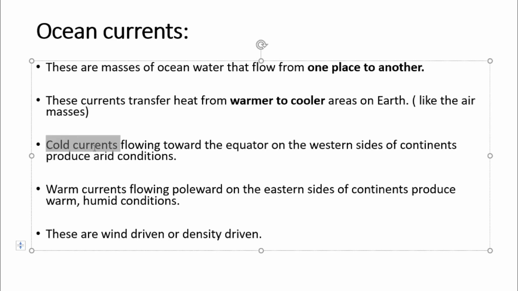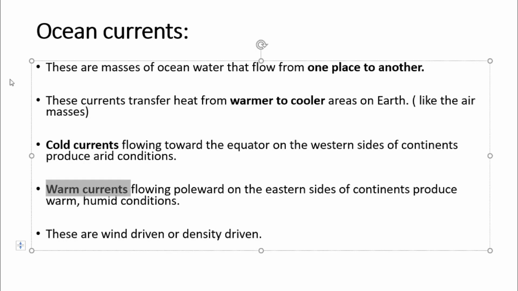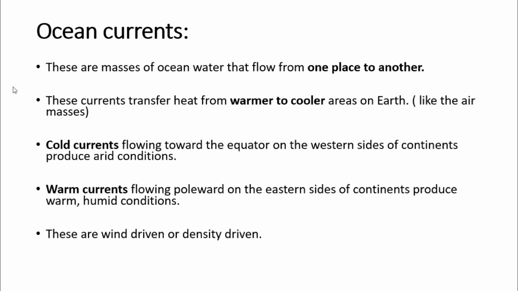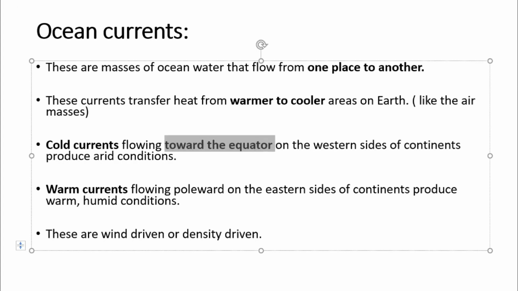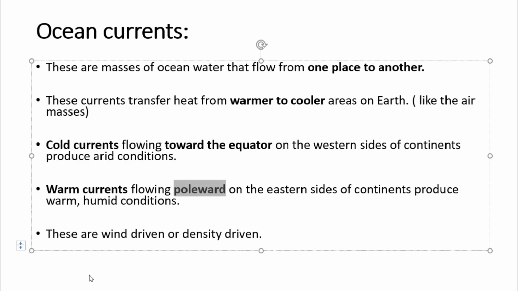One is the cold currents and one is the warm currents. So what do cold currents do? They carry cold water from the poles to the equator, while the warm currents carry water from the equator towards the poles. तो ये बहुत इंपॉर्टेंट चीज है, किस तरफ ट्रेवल करता है, towards the equator, and it travels towards the poles. This is a very important thing.